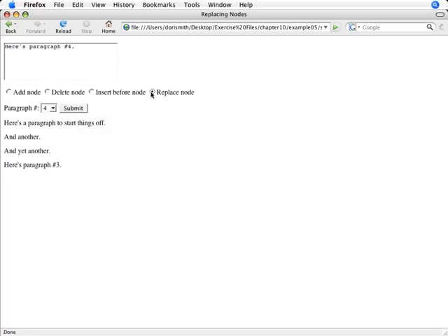This has been a brief introduction to the document object model and to nodes and to some of the many things you can do when you work with the tree structure of the document itself. We've only been able to scratch the surface, so there's a lot more to it, and I hope